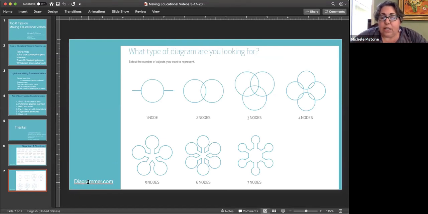And then, as I said earlier, when you're chunking up the videos, if you decide that your topic has 5 nodes, for example, then you might want to do one video on each of the 5 nodes. So you might have one video that opens and says there are 5 elements to this cause of action, and then talk about them generally, and then maybe make one video on each of the individual elements, so that the students, instead of listening to 25 minutes on all of the elements, are listening to those chunked up videos. So that's an example of how to chunk up